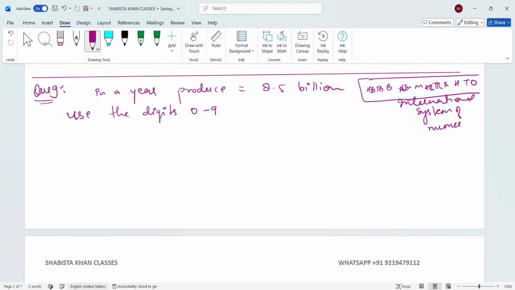So how many zeros in billion? 1, 2, 3, 4, 5, 6, 7, 8, 9. So 8.5 billion we can write as 8.5 multiply 10 to the power 9. 10 to the power 9 means,